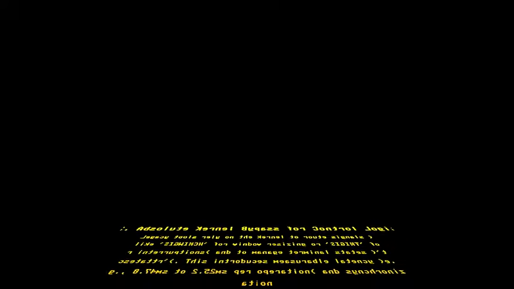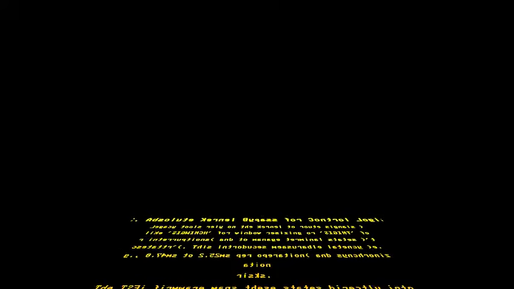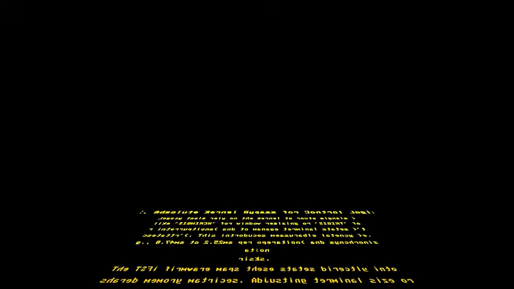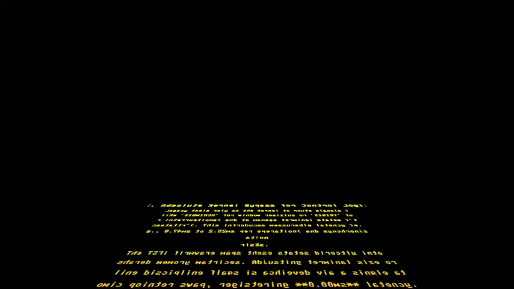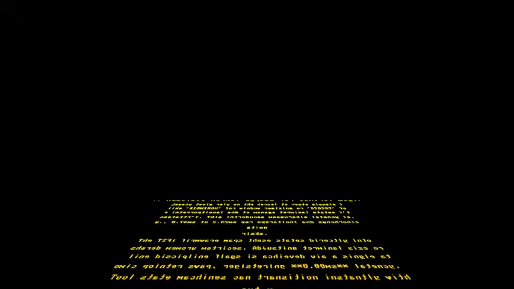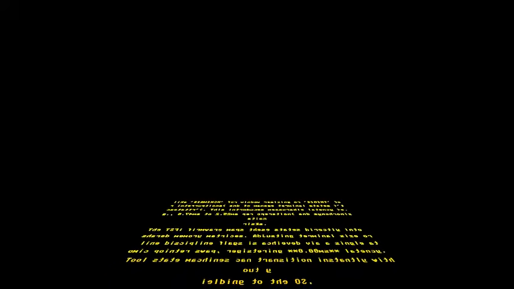3. Absolute kernel bypass for control logic. Legacy tools rely on the kernel to route signals, like SIGWINCH for window resizing or SIGINT for interruptions, and to manage terminal states, tcsetattr. This introduces measurable latency, e.g., 0.74 ms to 2.2 ms per operation, and synchronization risks. The TSFI firmware maps these states directly into shared memory matrices. Adjusting terminal size or line discipline flags is achieved via a single atomic pointer swap, registering